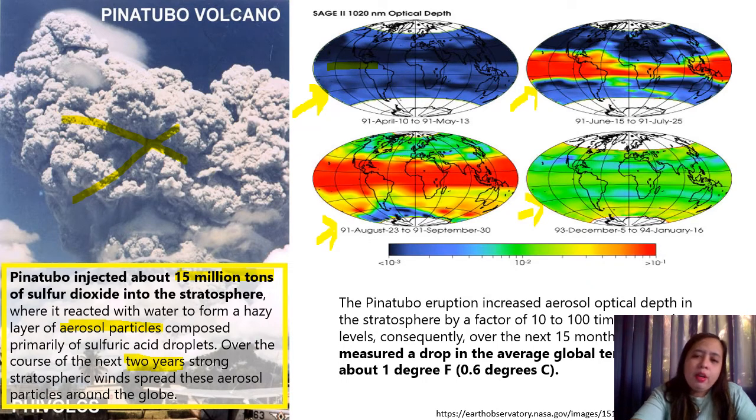So, the Pinatubo eruption, no, increased aerosol optical depth in the stratosphere by a factor of 200 times, no? And it covers the world for almost 15 months. Now, ano ang consequence na? The consequence in here is that the average temperature around the world dropped by 1 degree Fahrenheit or 0.6 degrees Celsius. Maliit, mababa lang naman pala, ma'am. No, sasabihin nyo, mababa lang naman pala, ma'am. Maliit, yes. However, no,